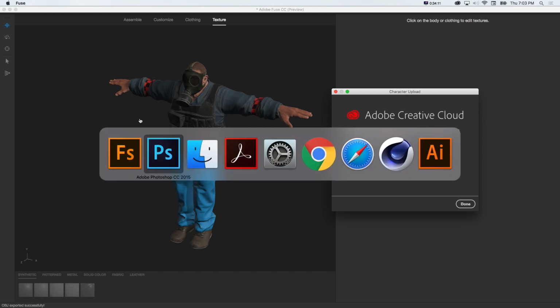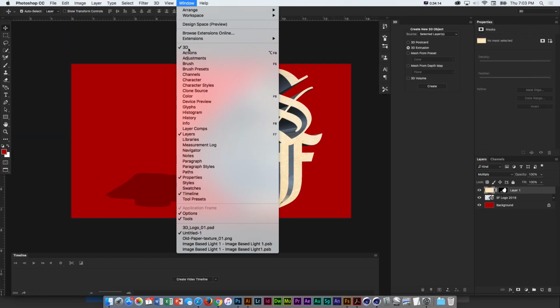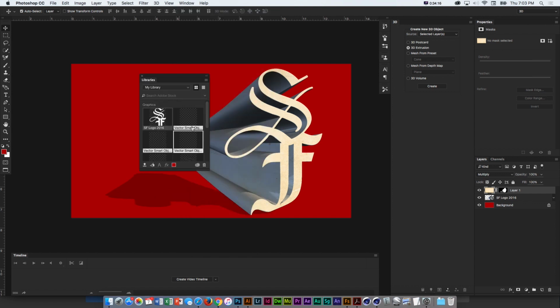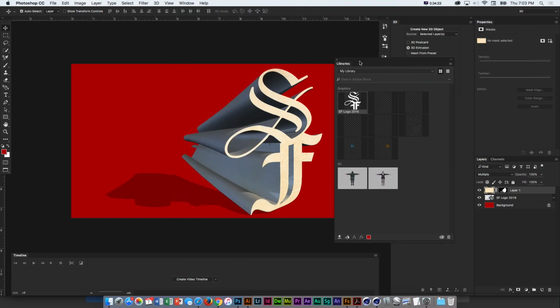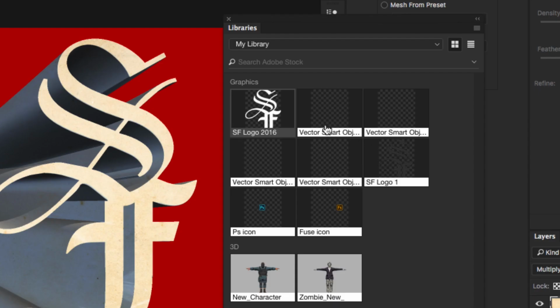Or if we take a look at mine, in every Adobe app window, libraries, there's cloud storage where you can put assets, but rather than going and finding it, you can just add stuff to it. So I have a bunch of icons for Photoshop Fuse, and rather than going and finding those files on a hard drive every time I need them, it's just there. It's there in Illustrator, it's there in Photoshop, it's there in After Effects.